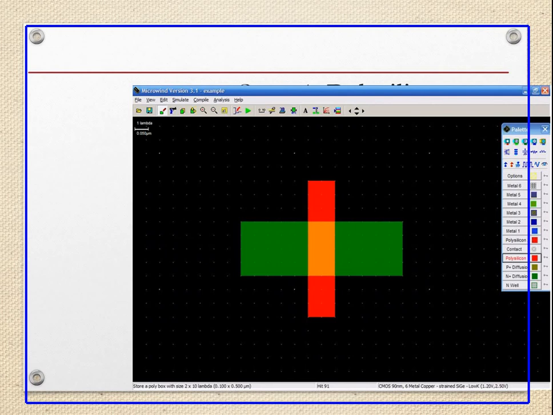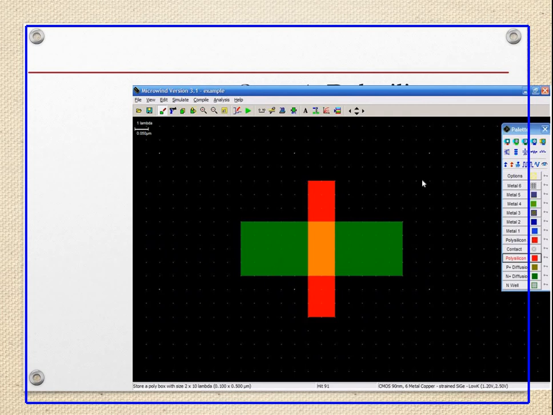For preparation of the N MOSFET, as P substrate is readily available, we will put the N plus diffusion. This N plus diffusion is a green color, and that green rectangular block is plotted over here, and over it we have to put the polysilicon.